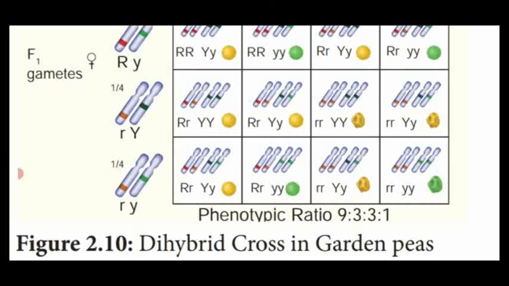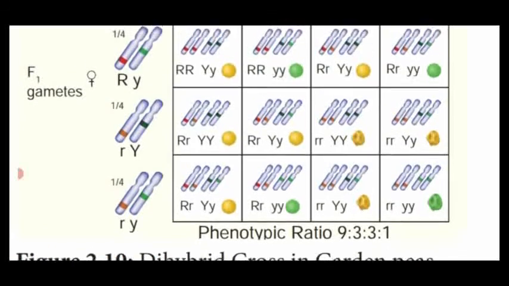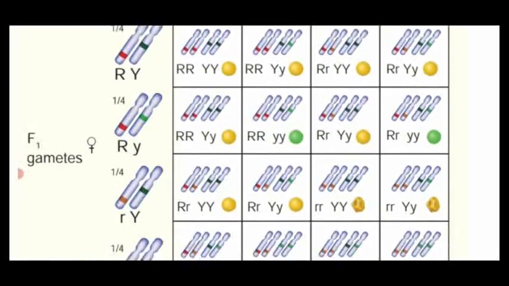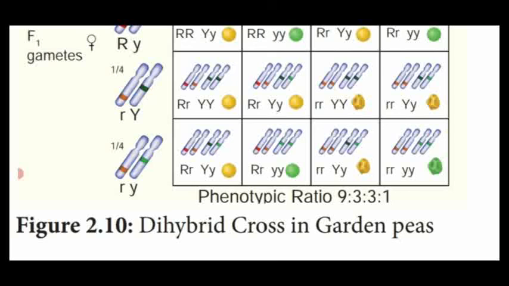That is said to be round green cotyledon. Then finally, only one, that is small rr with small yy. How many are there? Only one. That is said to be wrinkled green. See, out of this 16, only one shows the recessive parent. The remaining 9, 3 and 3 show the variability.